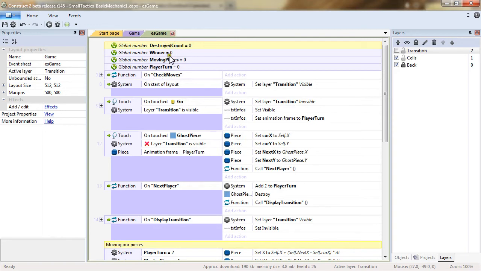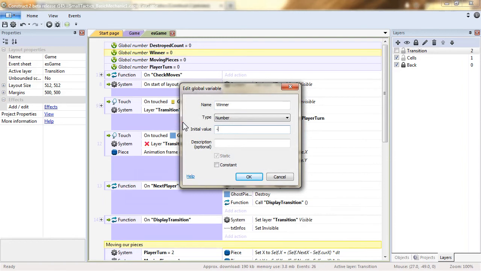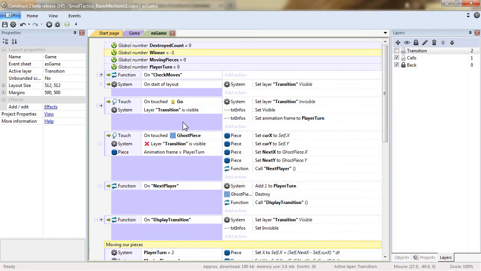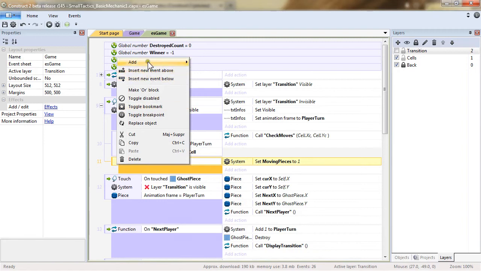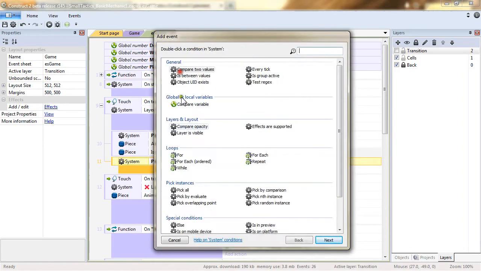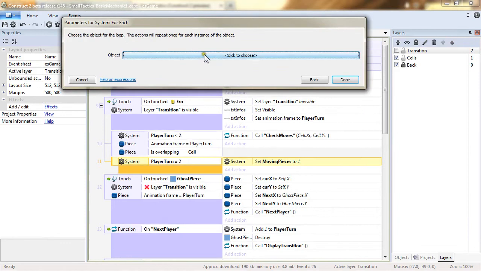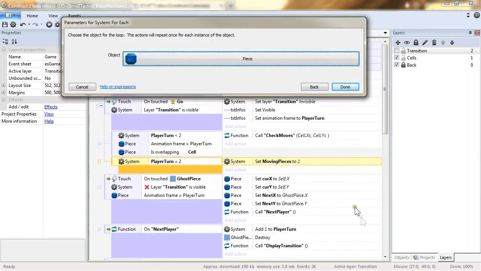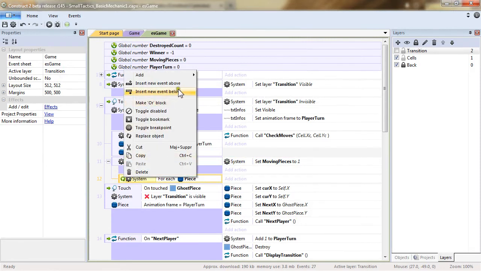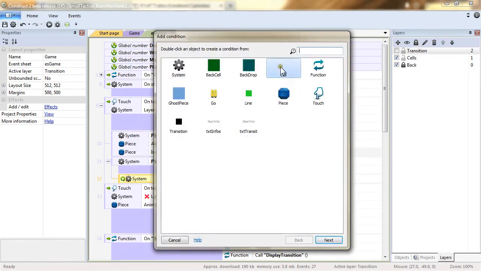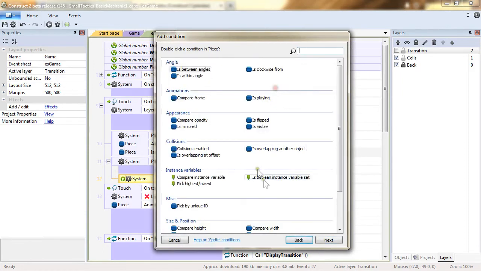Oh, winner, the default value is not 0, actually it's -1. It's going to be important and kind of tricky too. We'll have to modify on touched go when player turn is equal to 2. We'll add a sub-event, make it for each piece, like we did earlier. Pick the cell that is being overlapped